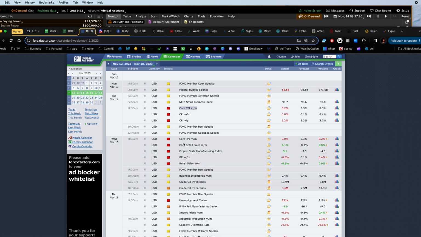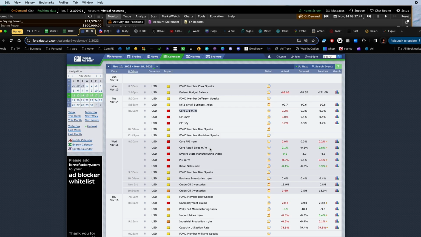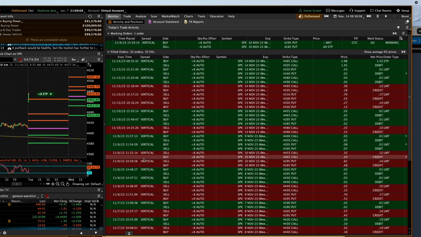PPI is going to be just fine. I could even show you, I'll skip forward. But sometimes unemployment claims, who knows, but there's always something that's moving the market. One of these red folders is going to move the market. Right now it's CPI, or at least it's still going to be CPI, and the Fed. So avoid those days, don't trade on those days, and you'll be fine doing 1 DTE, okay?